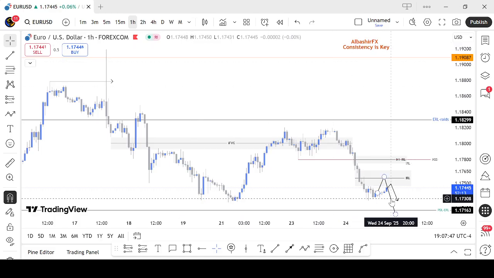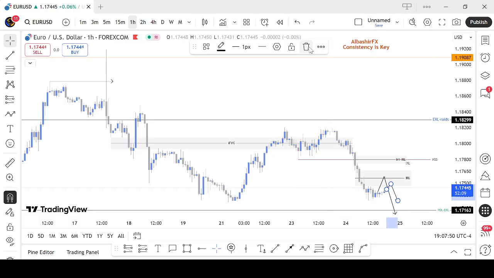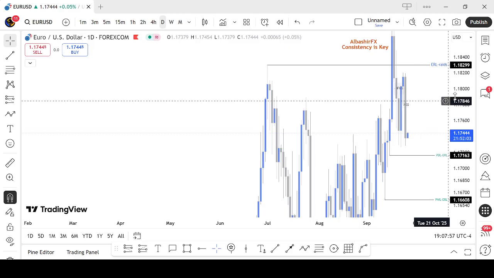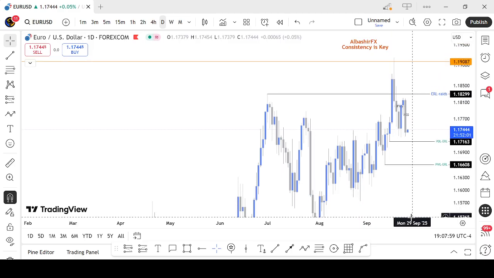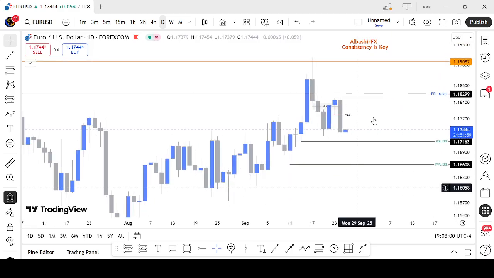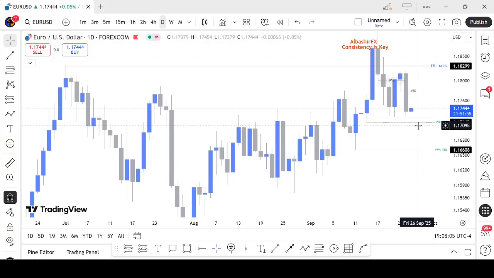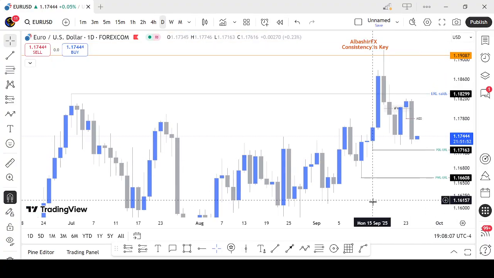So knowing this price scenario, we can comfortably say that EU, which is the euro US dollar, is bearish, right? The institutional order flow is now bearish,